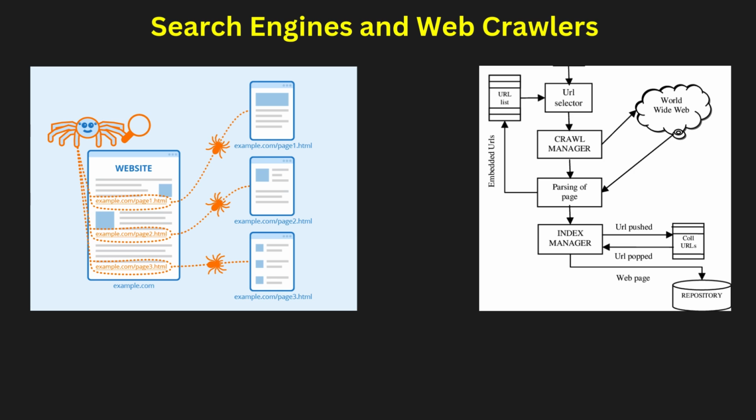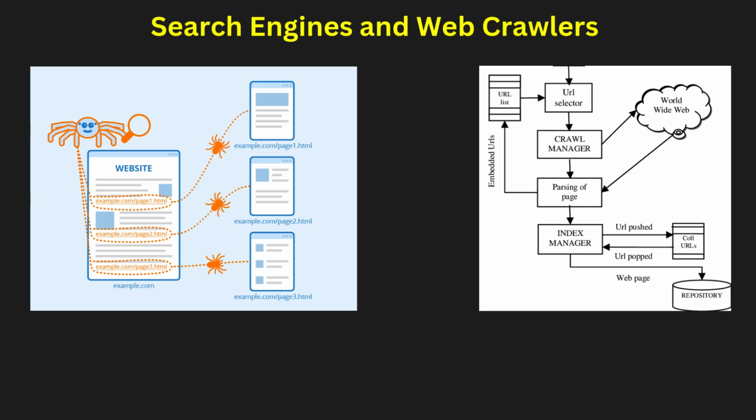Ranking algorithms such as PageRank determine which pages appear first in search results in any browser, you can say. So each browser has its specific PageRank algorithm implementation. SEO, search engine optimization, is the practice of making your website more visible to search engines. Google's SEO includes using relevant keywords, fast loading pages, and mobile friendly design.